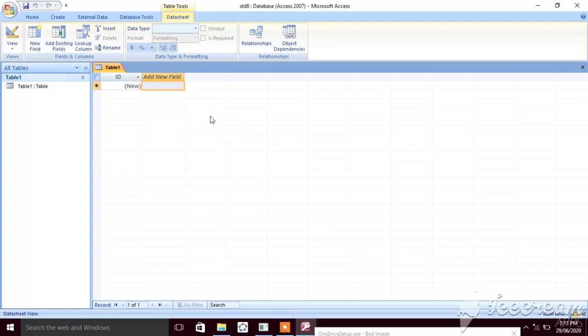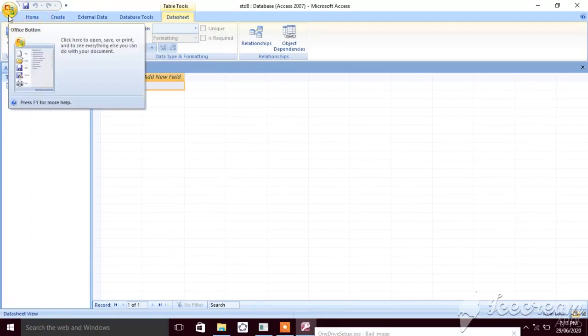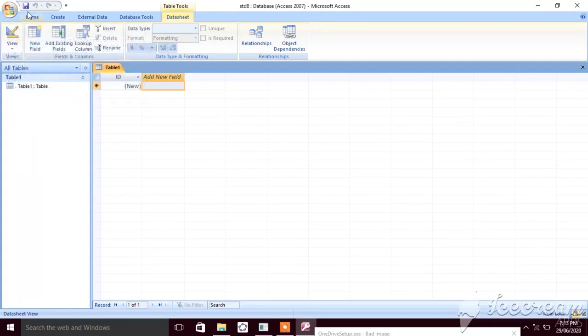Okay, now see, this is the screen of MS Access. If you see upside, this is the file tab. Then this one is the quick access toolbar. See here, the save, undo and redo buttons are there. Then this whole part is called the ribbon. Then downside, this is the navigation pane. And this is the record navigation bar. This one is the status bar. Now we will see the components one by one in detail.